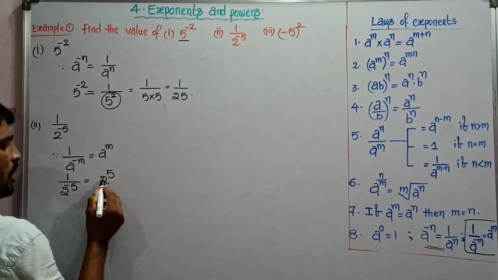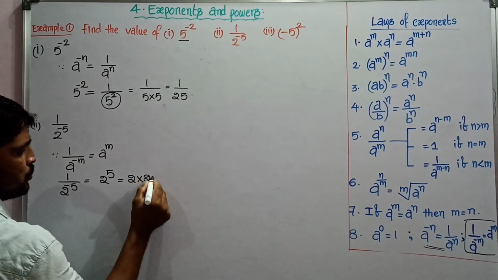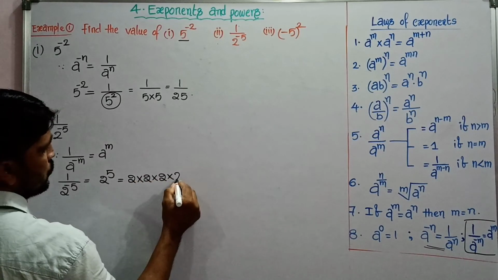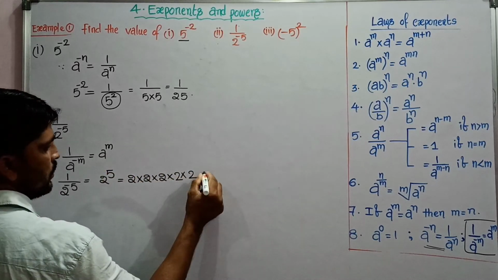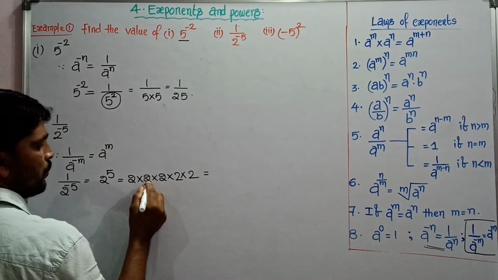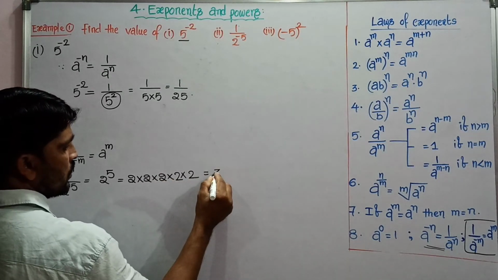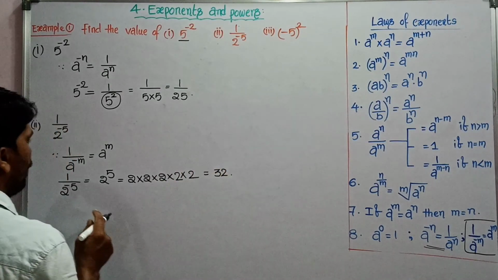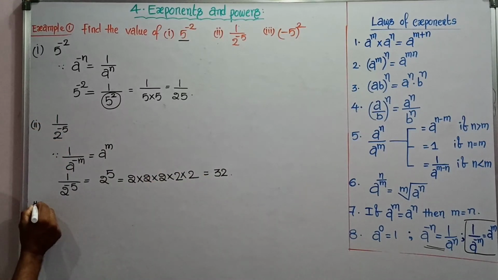That is, 2 occurs 5 times in the product. That equals 2 into 2 into 2 into 2 into 2, which is equal to 2 2s are 4, 4 2s are 8, 8 2s are 16, 16 2s are 32. That is, value of 1 by 2 power minus 5 equal to what? 32. And third one,